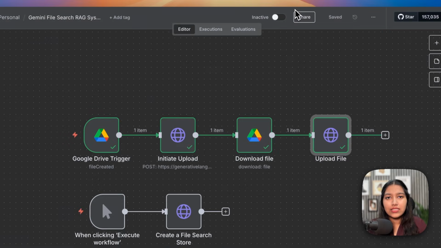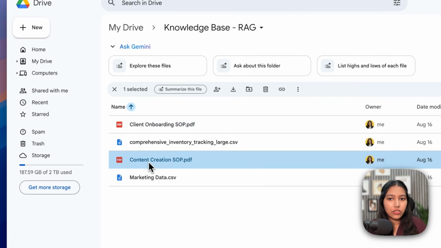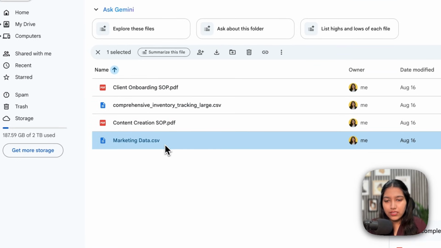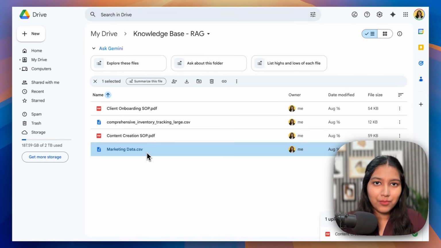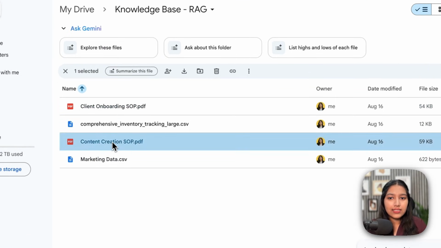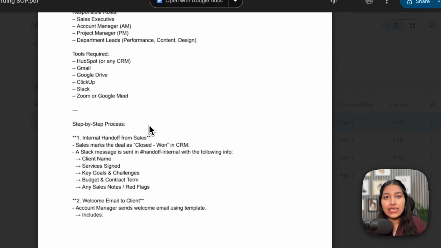So right now, our container basically has 2 files. The first is the client onboarding SOP, and the second is the content creation SOP. The other two files are not a part of that container because I had uploaded it previously. If I upload it again fresh, then it's going to be added to that container. Now that means that if I ask it any question from either of these SOPs, it should be easily able